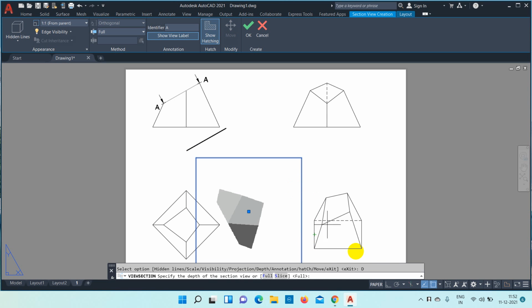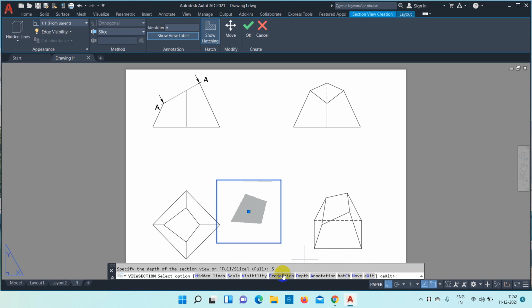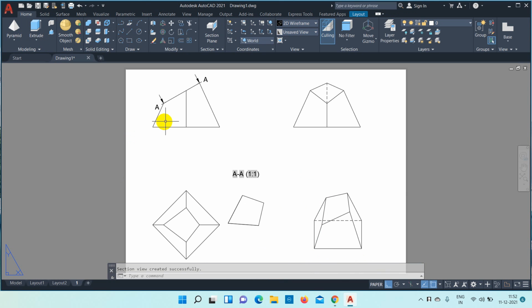Click depth, slice, enter. Now you construct this line. You have to make it a closed entity, and only then can you hatch it. That's why I'm doing that.